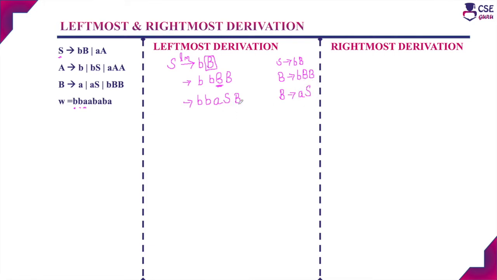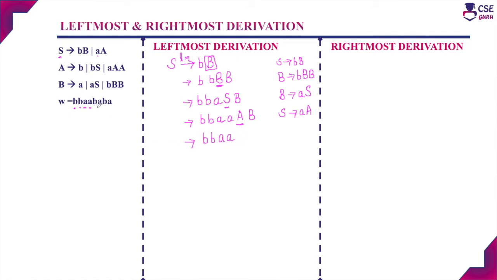There are two non-terminal symbols. We will choose the leftmost one, that is S. The next input we have to get is A, so choose the production rule that starts with A. S tends to AA we can apply. Now there are two non-terminal symbols; choose the leftmost non-terminal A and apply the production rule.